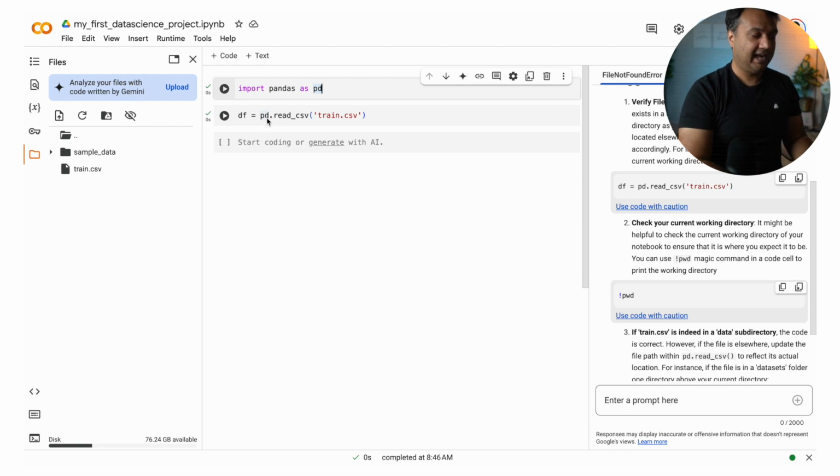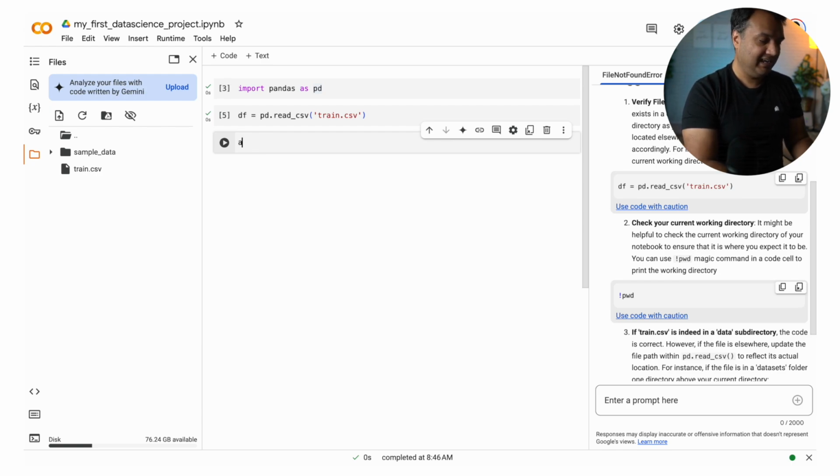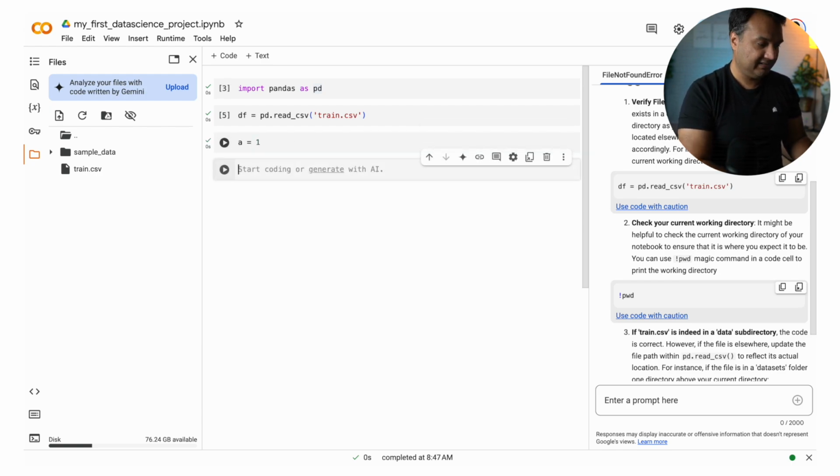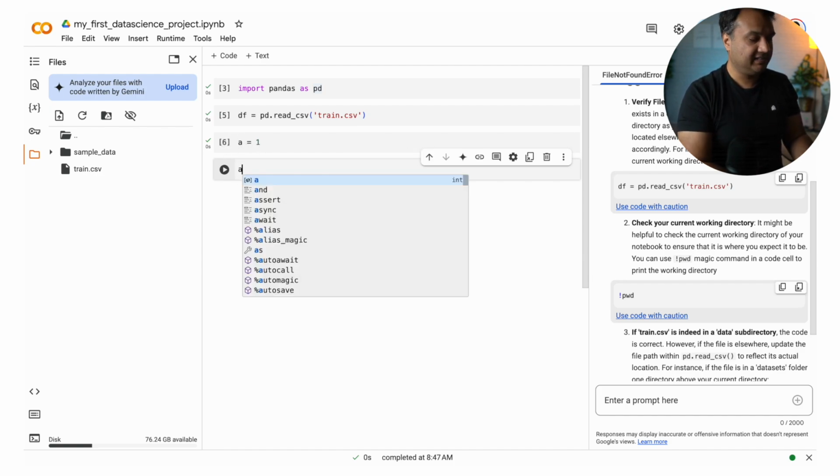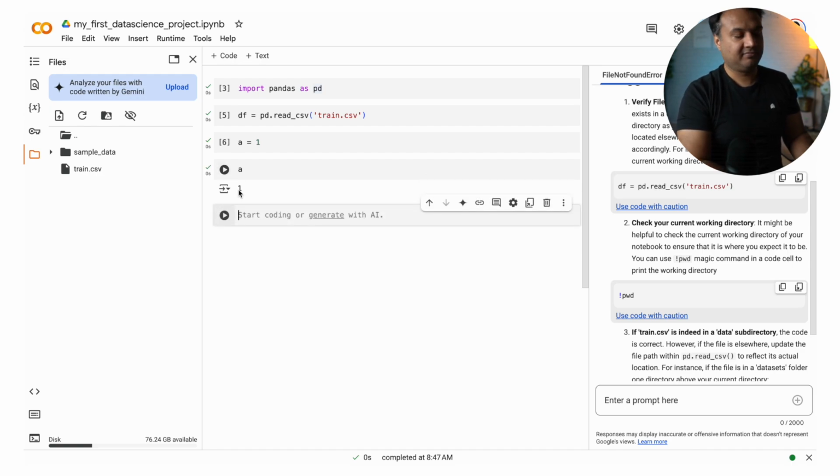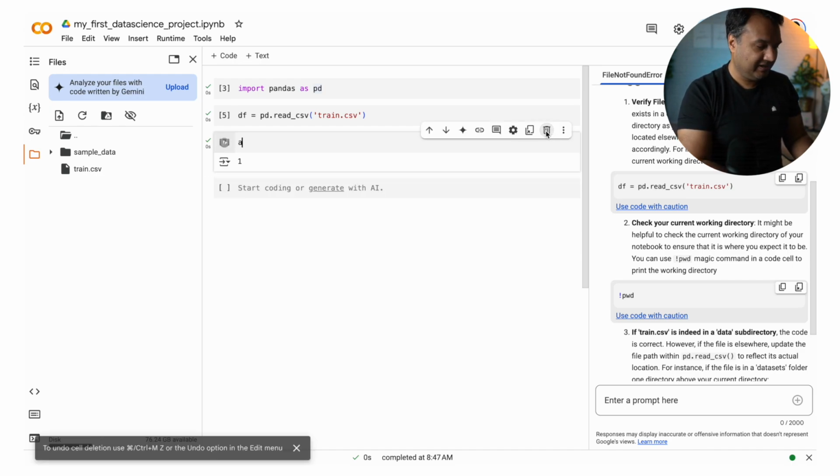And then we are asking pandas, hey pandas, go read this CSV file, and this is the CSV file we have provided. And whenever in Python you see this equal sign, it is basically taking whatever is on the right side and putting the value on the left side. For example, if I say a is equal to 1, and I run it, now 1 is assigned to a, and a is considered a variable. Now if I say, okay, what is a? It is 1.